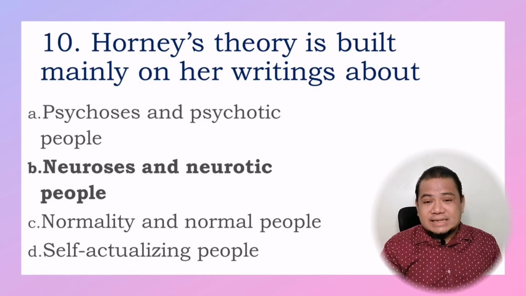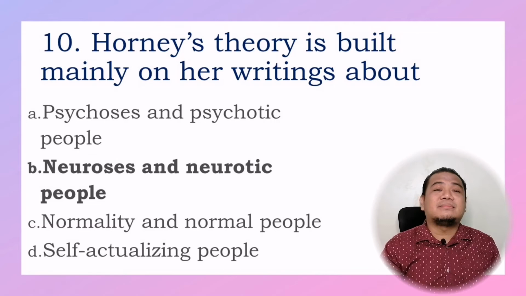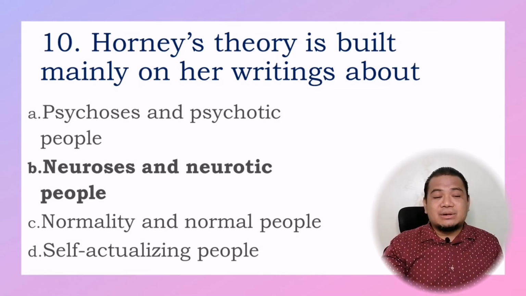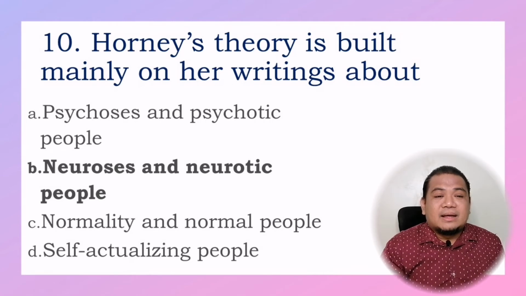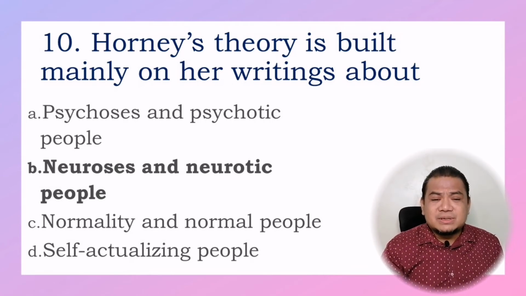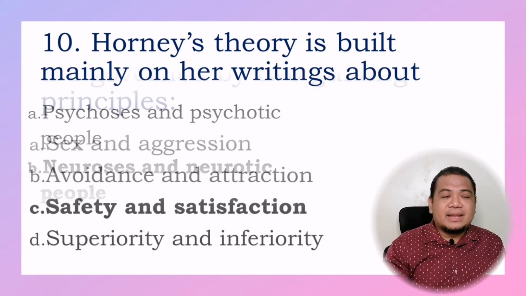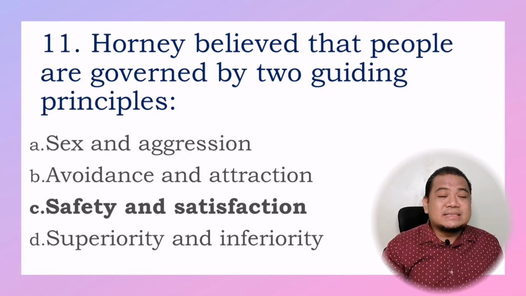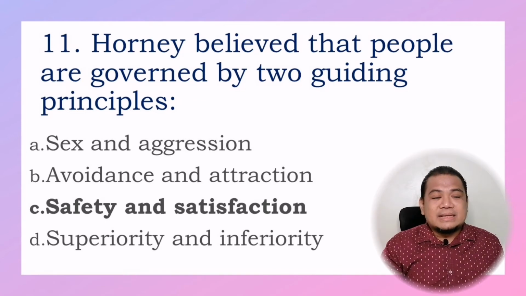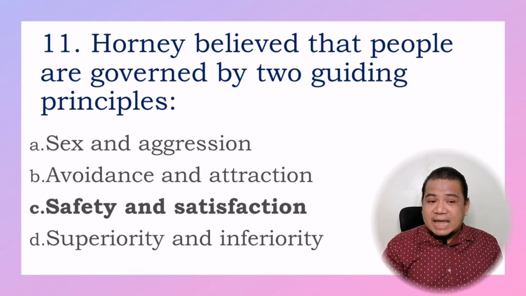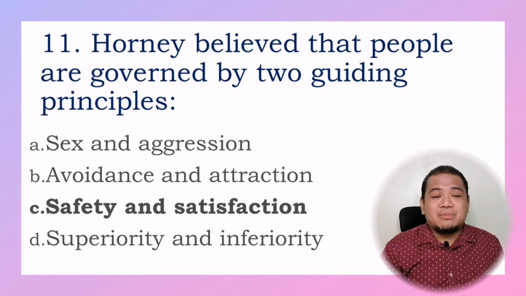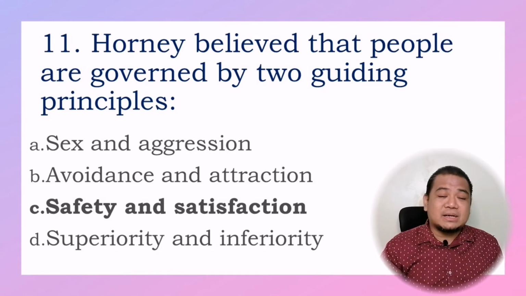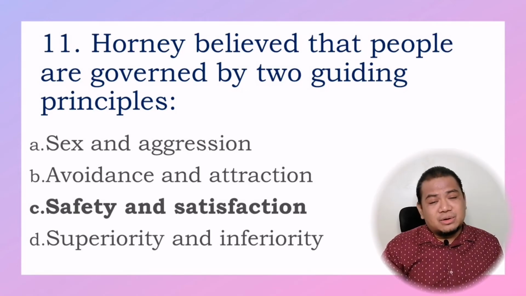Number 10. Horney's theory is built mainly on her writings about letter B, neuroses and neurotic people. Horney's writings are concerned mostly with neurotic personality. Many of her ideas can also be applied to normal individuals. Number 11. Horney believed that people are governed by two guiding principles, and these are letter C, safety and satisfaction. Children need to experience both genuine love and healthy discipline. Such conditions provide them with feelings of safety and satisfaction and permit them to grow in accordance with their real